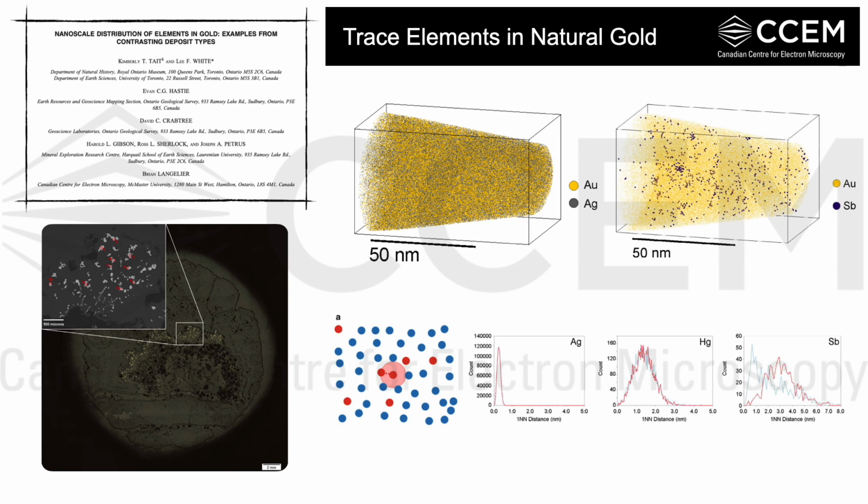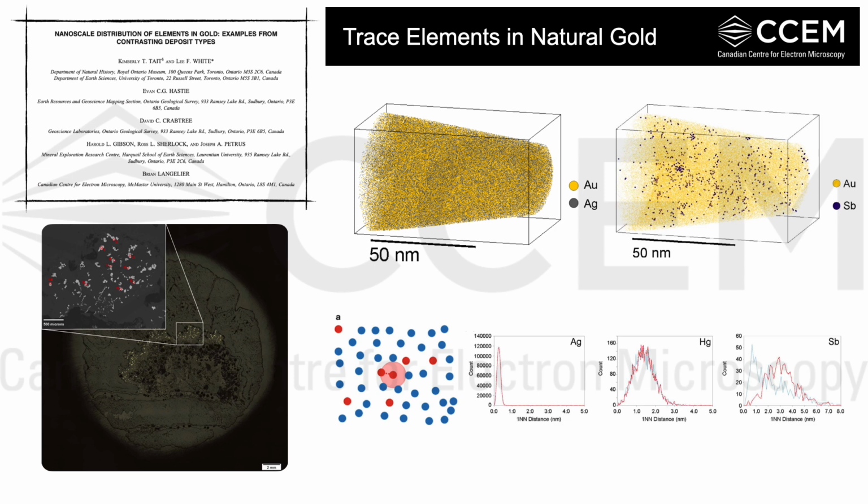And looking at the atom probe data using something called nearest neighbor distributions, which basically measures the interatomic spacing in the immediate vicinity around each atom, which in this case we're looking at gold or silver and mercury. And this shows a direct match with the calculated distribution from randomized data, which suggests that these elements occur in a randomly distributed solid solution. And this was also the case for copper, which was measured in another sample from a different mine.